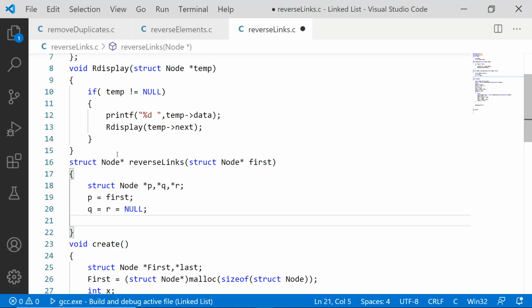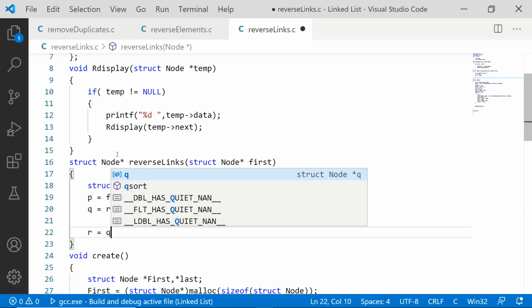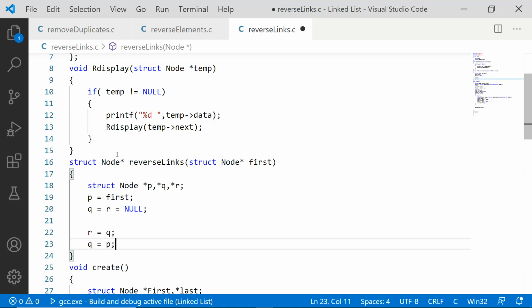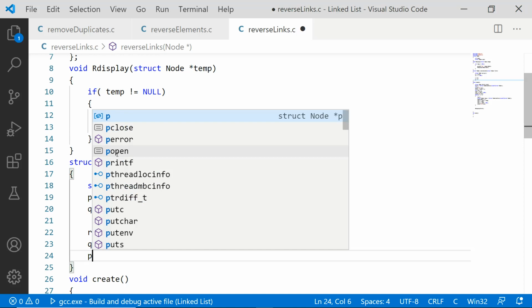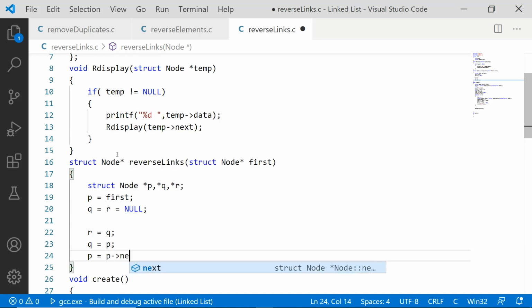Now what we have to do is slide one position. We need to slide all the 3 pointers, and then do the reverse linking. How to do the sliding process? R should be taken to the place of Q, Q should be taken to the place of P, and P should be taken to the next node: P equal to P of next.